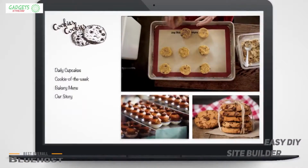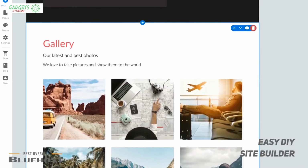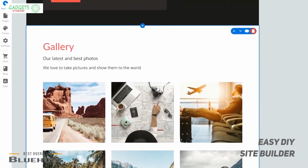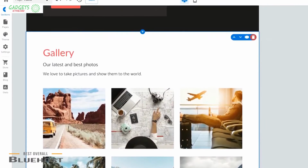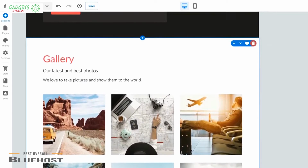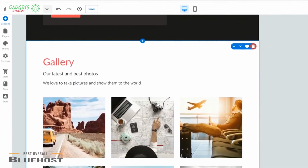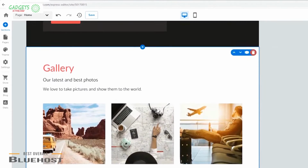For building your own website, you can use their easy DIY site builder through their cPanel, a clean and intuitive control panel that allows you to create attractive and functional pages. Along the way, you can take advantage of helpful tutorials that include how-tos on website management, hosting, and marketing topics. But if building a site isn't your thing, you can always have Bluehost Design Pros build a site for you